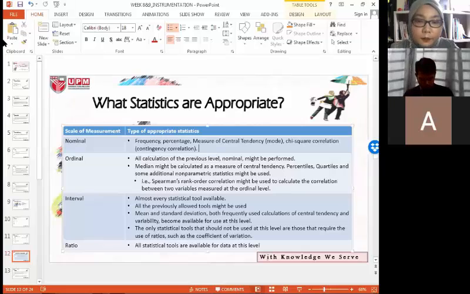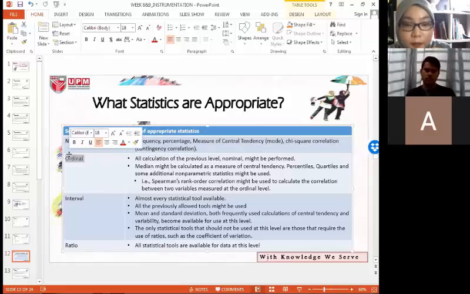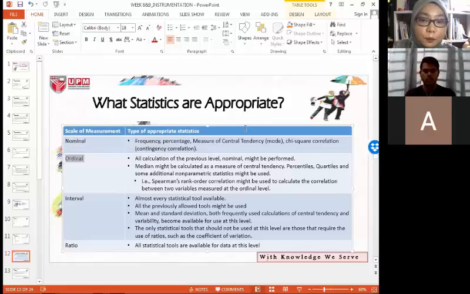Okay. Ada tadi. Okay, so next one is ordinal. Ordinal ni it will involve all calculation of the previous level. Nominal might be performed. So you can perform all these analysis for ordinal. For example, variable with ordinal ni adalah umur. Umur. Okay, for example, you want to locate